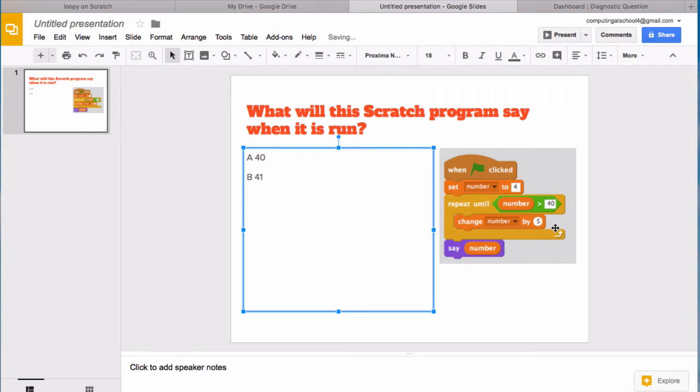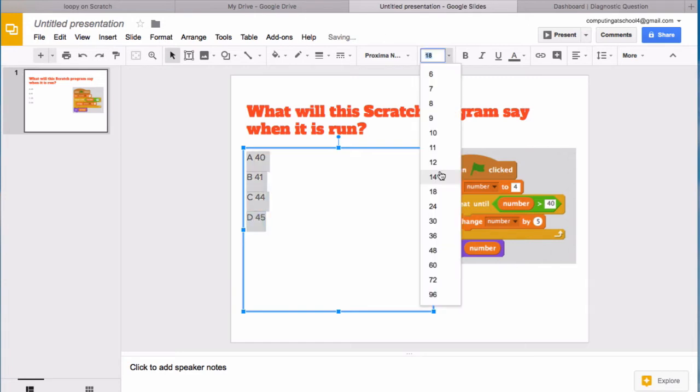Maybe they're spotting the increasing by 5 each point, and so the first number, multiple of 5 above 40 is 45. And of course the correct answer here is 44, because we start on 4 and keep adding multiples of 5, and then we'll stop when we get to 44. Now it would be best to have these in numerical order, so I'm going to swap those two over, 44